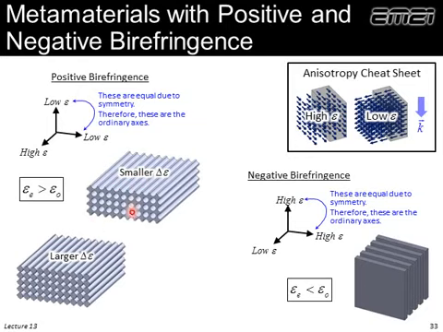Well, what if we want negative birefringence? How would we do that? So let's look at this lattice. The electric field now oscillating either horizontally or vertically is now mostly parallel to interfaces. Well, if it's parallel to interfaces, those two directions will see a high dielectric constant. The electric field oscillating in this direction is punching through interfaces, so it looks more like this case with the low dielectric constant. So in fact, the extraordinary direction here sees the lower dielectric constant, and we have negative birefringence.